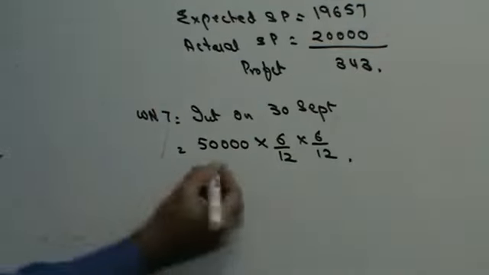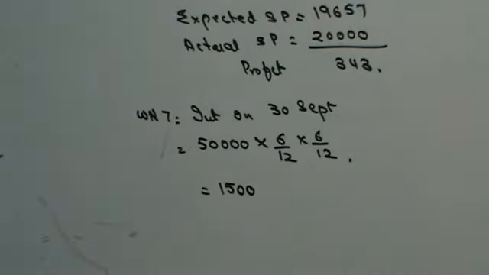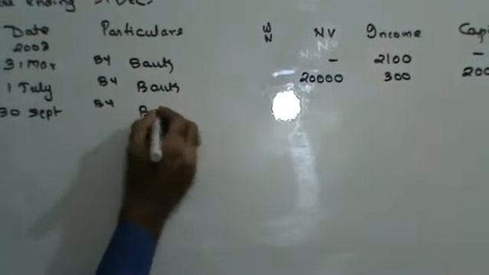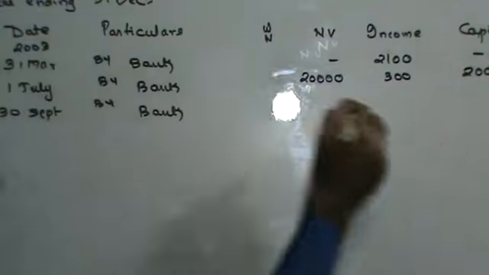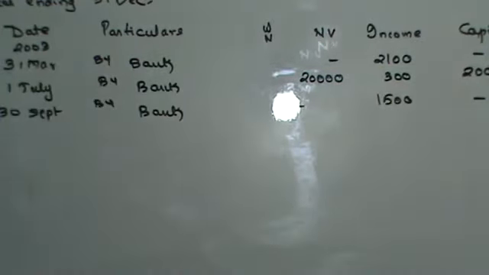So 1,500. Please help me calculate this. 1,500. Okay. So this is going to be on 30th September, the payment of interest by bank. This is 1,500. Fine, do we get this thing clear? Okay. Once this is done,